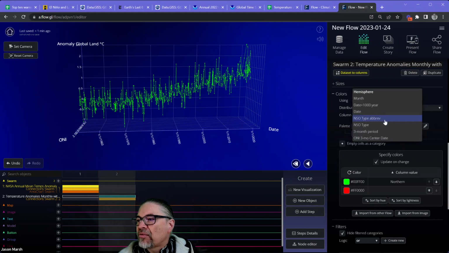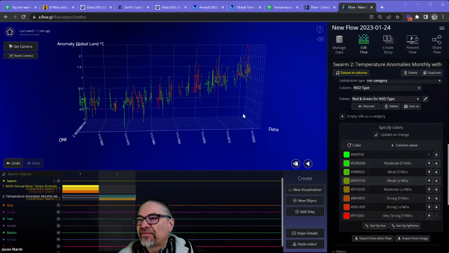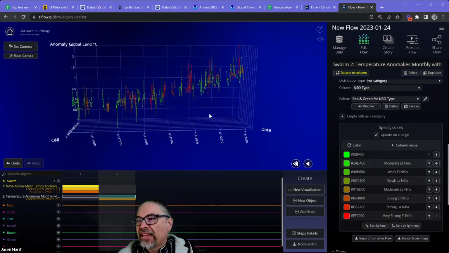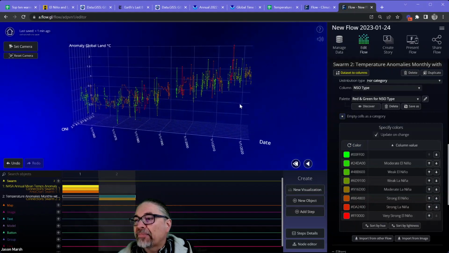And the category I want to use is the NSO type. So how has the Southern Oscillation been characterized? You can see some of the values: strong El Nino, weak El Nino, and each value is associated with a color.